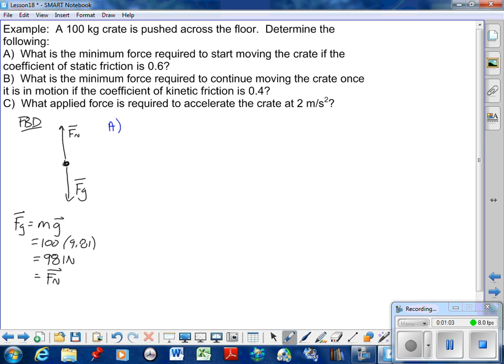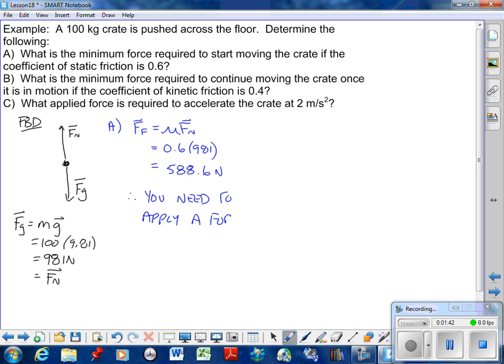I know that force due to friction is equal to mu multiplied by the normal. So in this case, it's given mu static is 0.6. My normal force is the 981. And calculating that, 0.6 times 981, we get 588.6. So what is the force required? Therefore, you need to apply a force greater